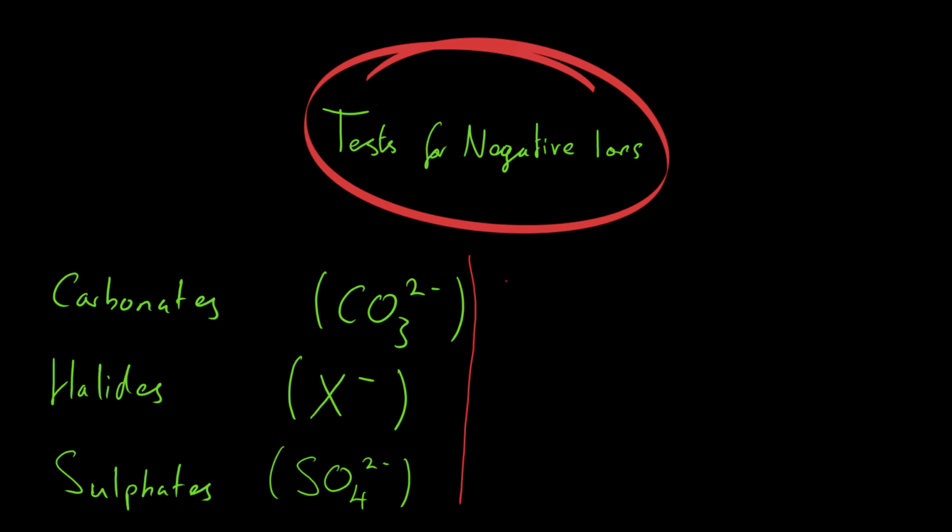Okay, now this is a very simple one to remember. All we do is we add dilute acid. Okay, so we add dilute acid to our sample which we are testing, and if it contains a carbonate, okay, then we are going to get fizzing. So fizzing equals carbonate. Okay, this isn't true all of the time, but for this course it's good enough. Okay, so if you add dilute acid to something and it fizzes, you've got a very good chance of it being a carbonate. Okay, and that fizzing is given off carbon dioxide as a gas,